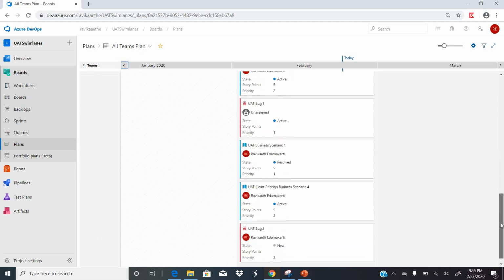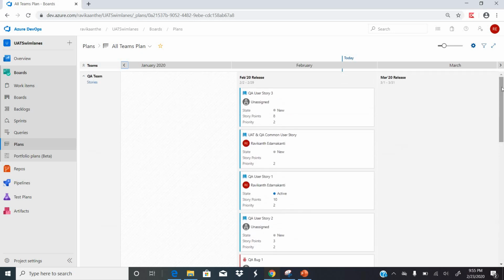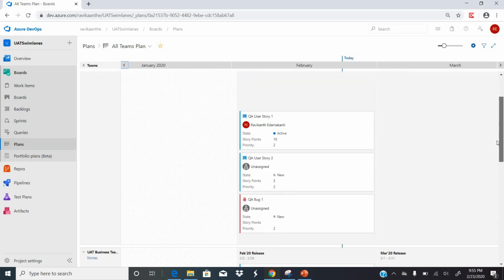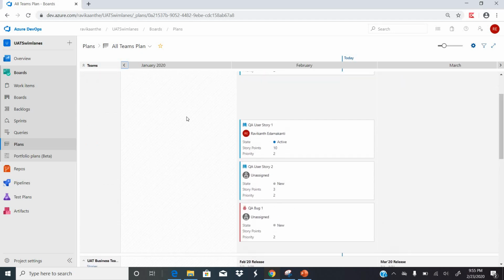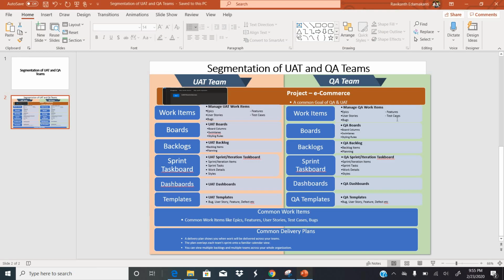Because as a project manager, they don't want to track only the QA team's work, right? They want to track both of them, QA and UAT teams. You can track them. So this is how you can segment or separate the work of the UAT team and the QA team. Sometimes the QA team does not want to expose some of the unnecessary information to the UAT team to avoid confusion. In the same way, the UAT team does not want to expose some of the information to the QA team and confuse them. So this is how you can segregate the work between the teams within